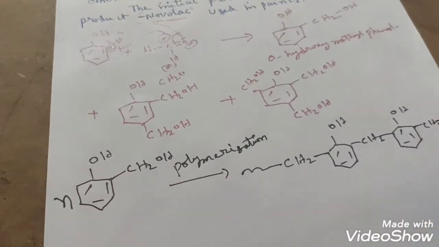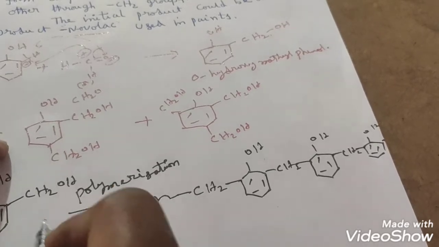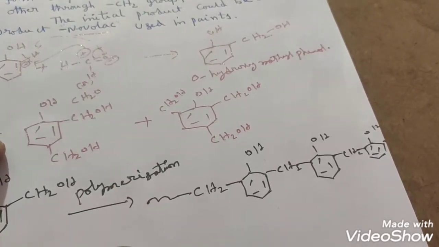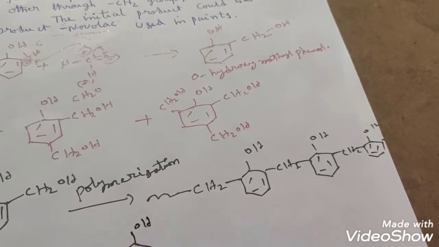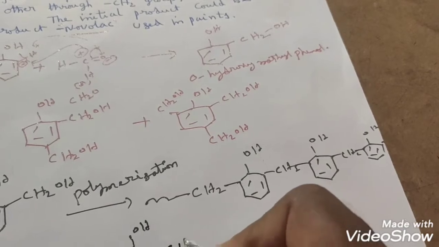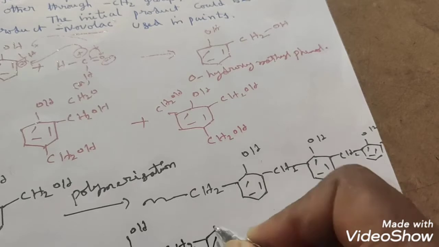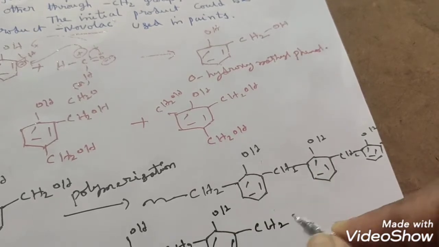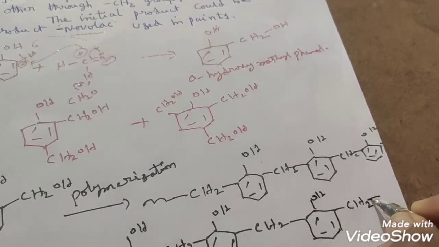See this product I am writing here again. It was not completed. Here I am writing n moles. If it polymerizes, it gives the Novolac structure like this. What is the meaning of this one? Means that is the continuation part. How do we get it? Everything we will discuss, students. This is the Novolac structure. See that for the continuation part I kept like this.